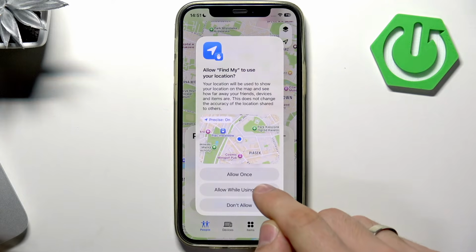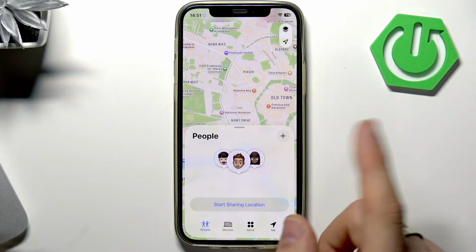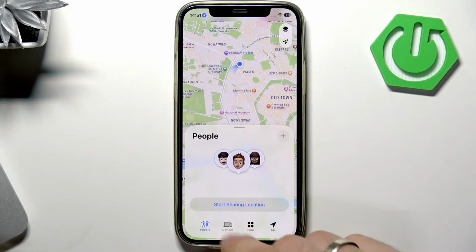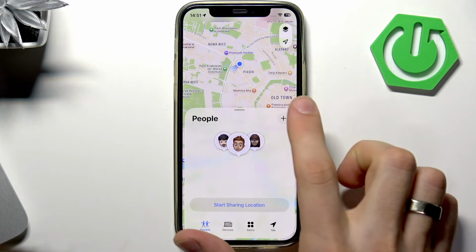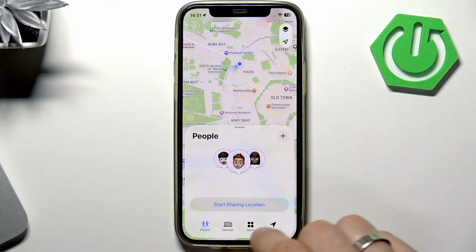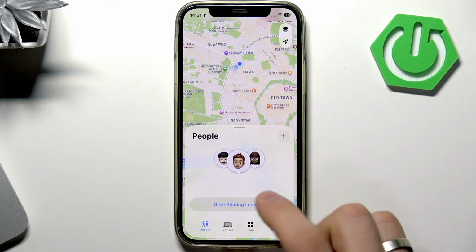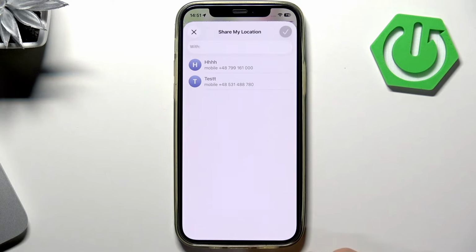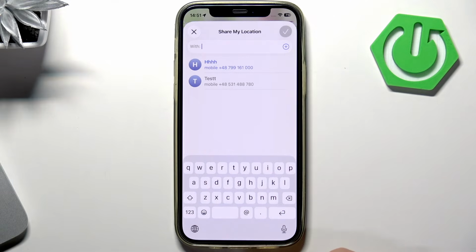And here select Allow While Using the App. It's important. And now here we can share our location with someone. So for example, click Start Sharing Location. I want to share my location with someone, and here you can